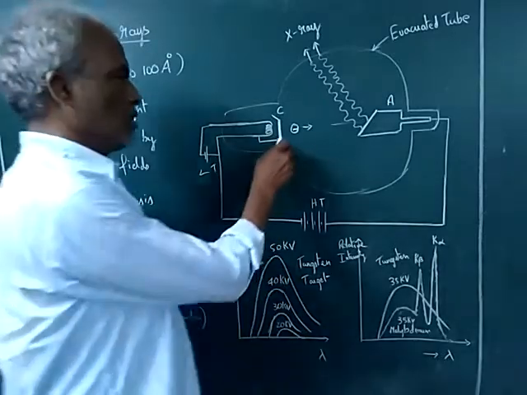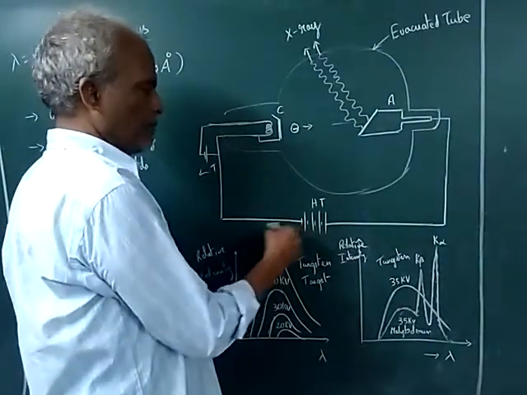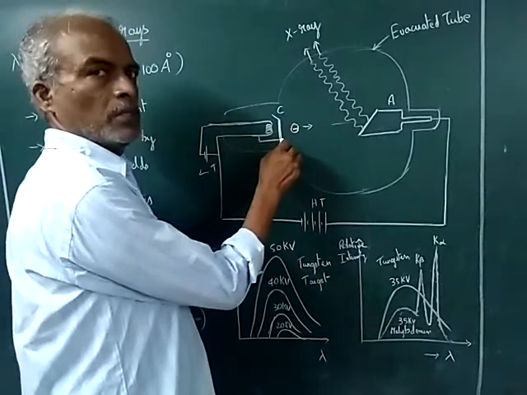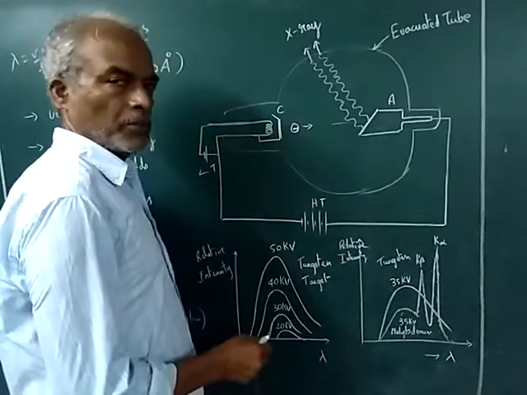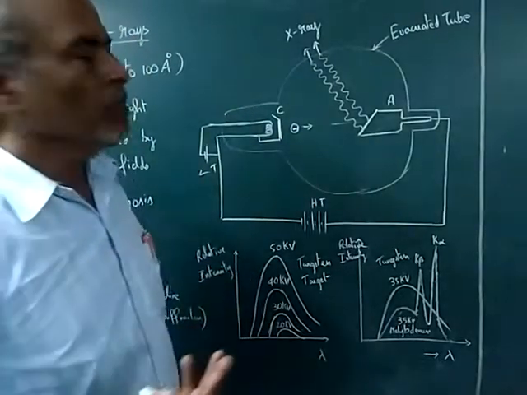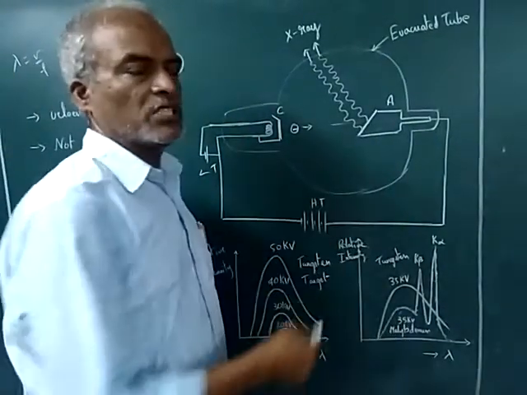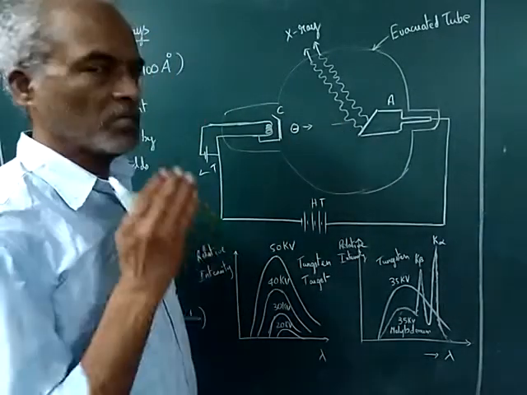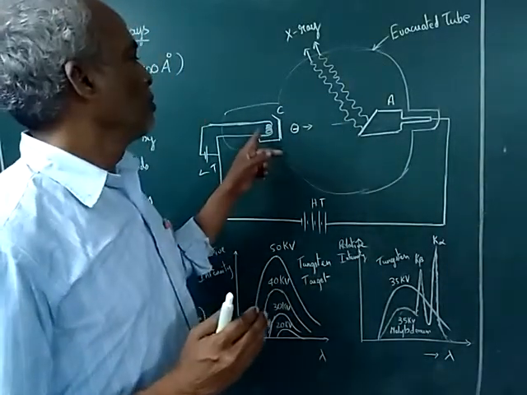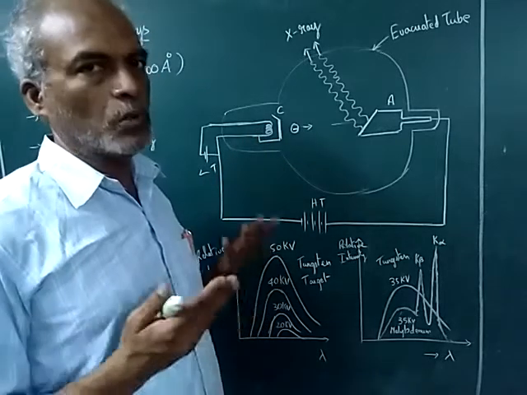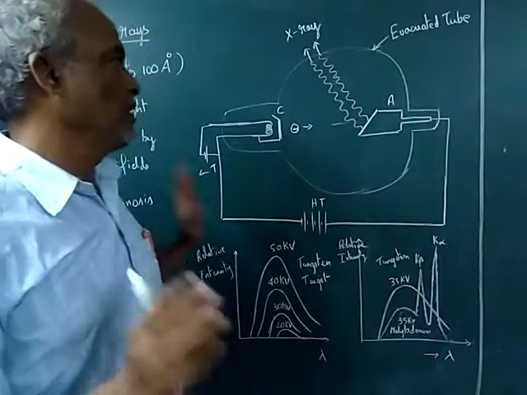When you switch on the supply, the high tension and low tension will heat this cathode. So thermionic electrons are produced because of this heat. If you don't give the low tension supply, then more voltage has to be supplied between cathode and anode to overcome the work function. So it is always advisable to give the filament supply. Filament supply is roughly around 6 volts to 12 volts generally.